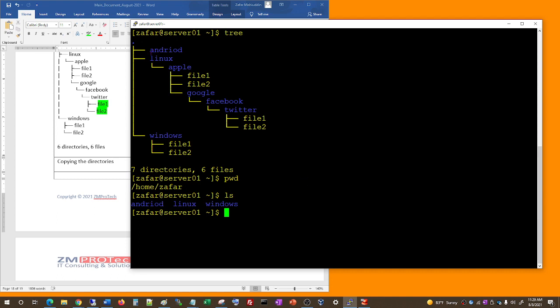Okay, so now we have Android here. So what I'm going to do is copy the Twitter, and then we'll put it in Android here. So we should have Twitter over here as well as Twitter in Android also. Why is it happening? Because we're doing the copy command. So I'm going to do cp